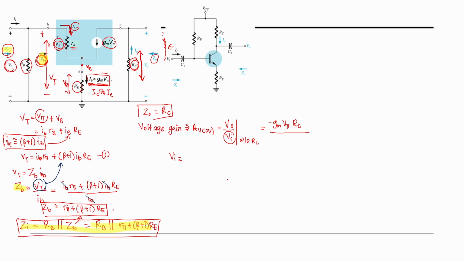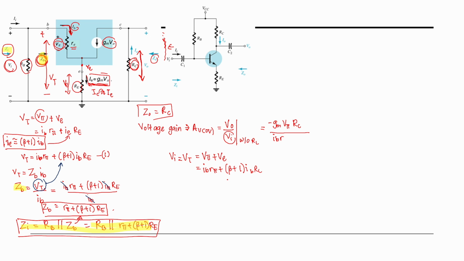Vn is equal to Vt. And what is our Vt? Vt is V pi plus Ve, right? V pi plus Ve we have calculated to become IB R pi plus beta plus 1 IB RE, right? So we can include it inside here. So this will be IB R